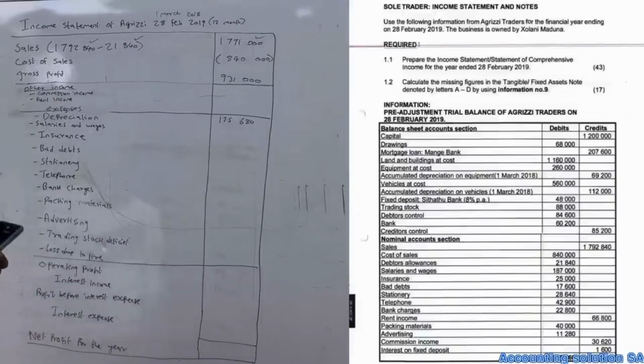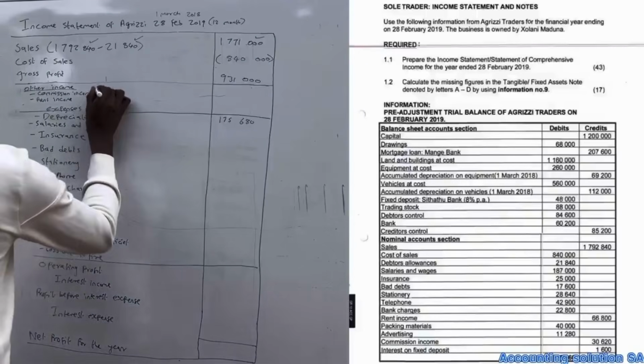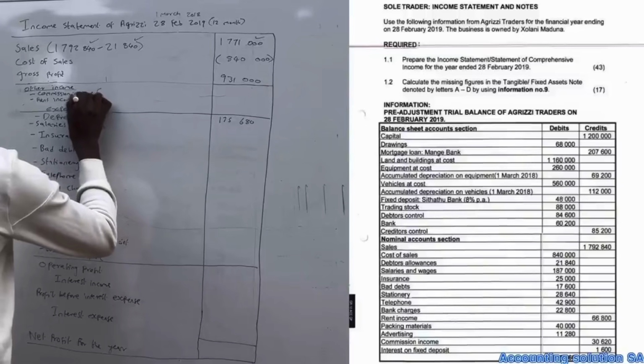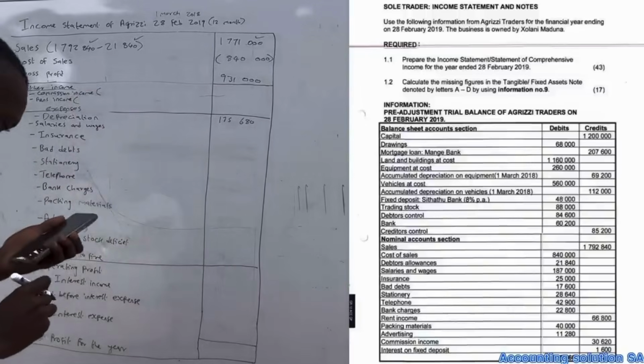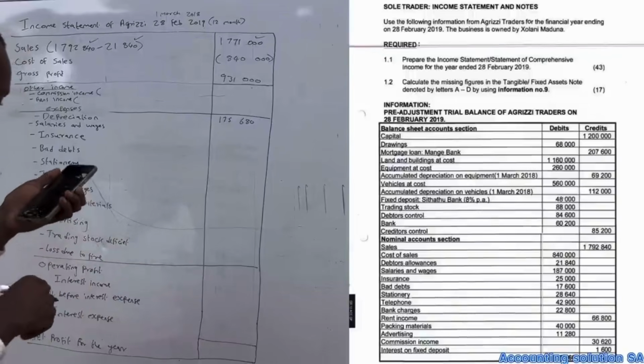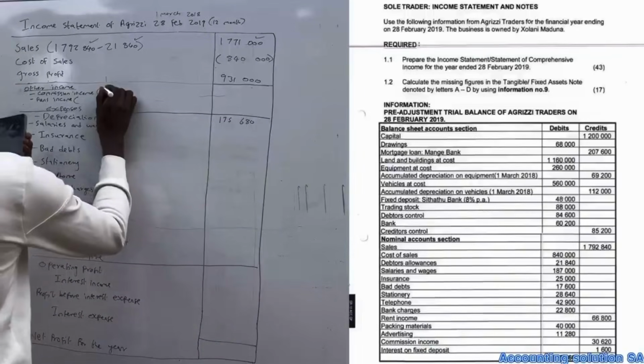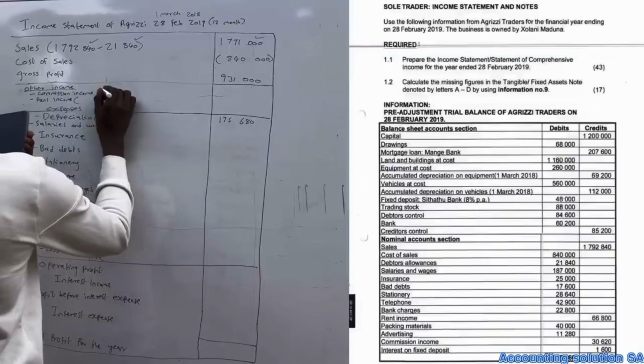Okay, if you check, let's go to the nominal account section. We have commission income and rent income. What you need to do is open a bracket for every income that you have before you read the transaction. Okay, for commission income, we have the amount, it's just copy and paste, guys: